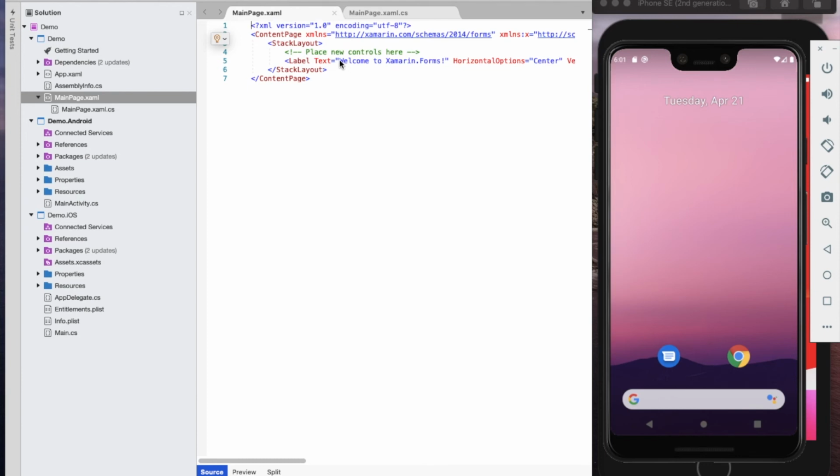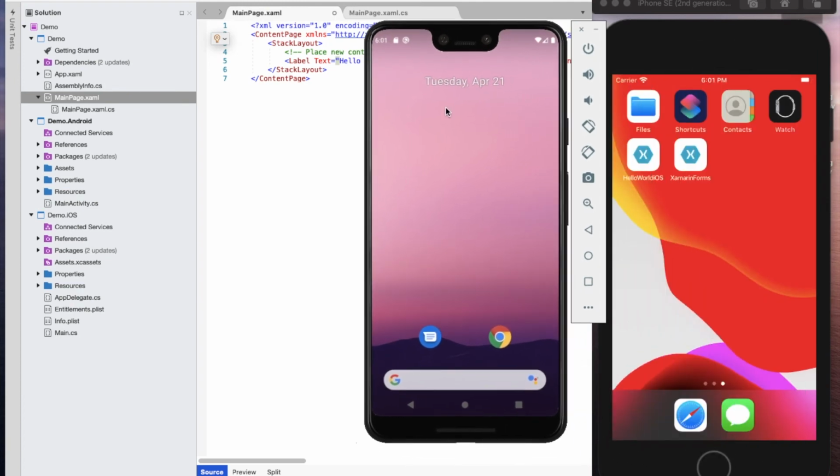So here we have given the label text, Welcome to Xamarin Forms. I am just changing this to Hello World, and you can see here demo.Android, debug, Pixel Pro. So this is the Android emulator which we are going to use for execution of this file.